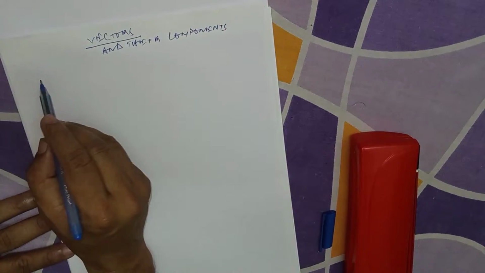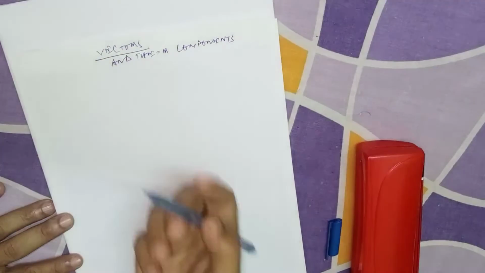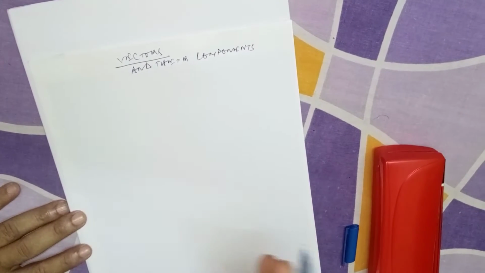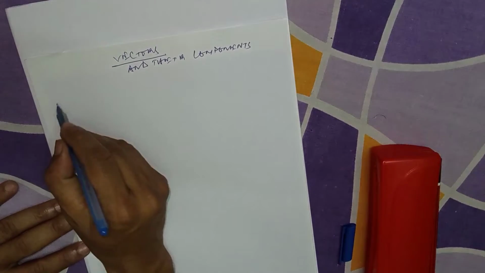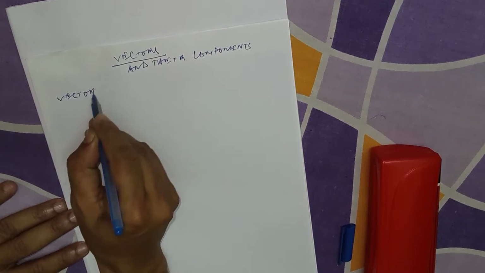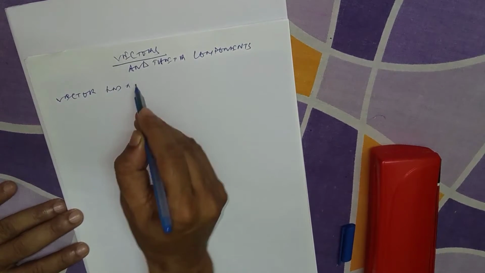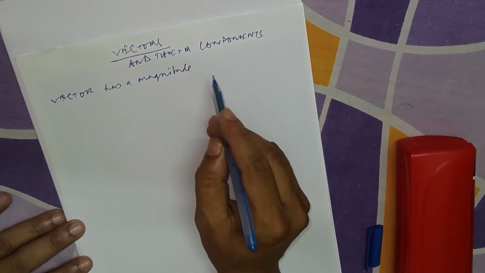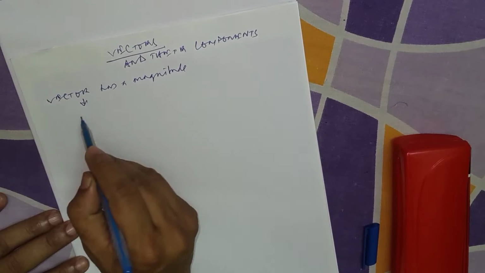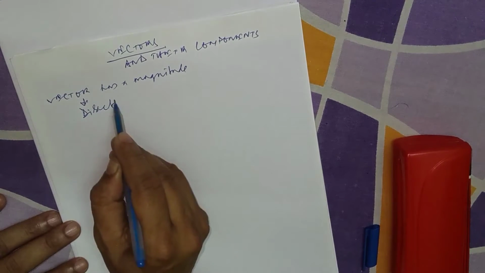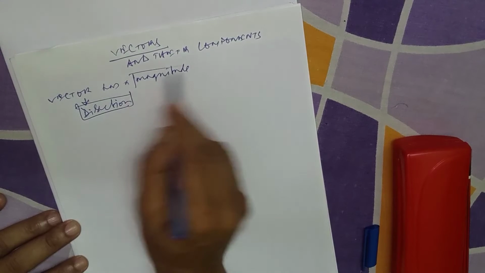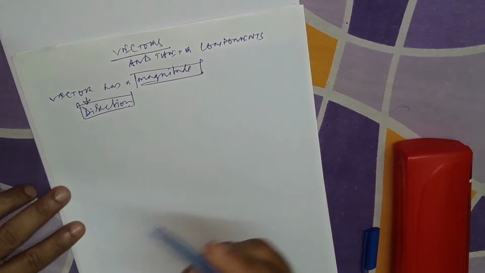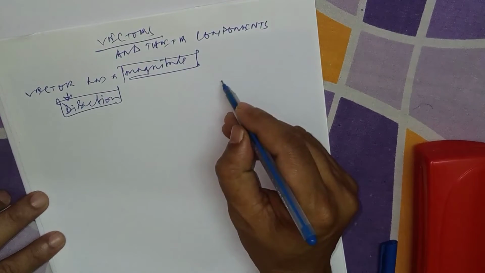So in our previous classes, maybe in class 9 or 10, you may have known that some physical quantities are vectors, some are scalars. So a vector has a magnitude. We know that, everyone will know. Along with this, it has a direction. So it has a magnitude, it has a direction. So whatever it may be, we draw it like this